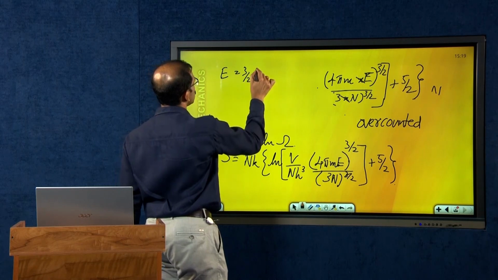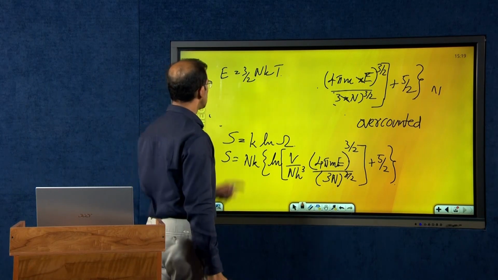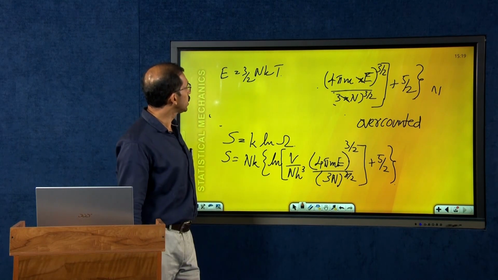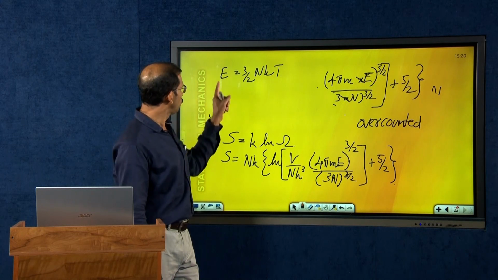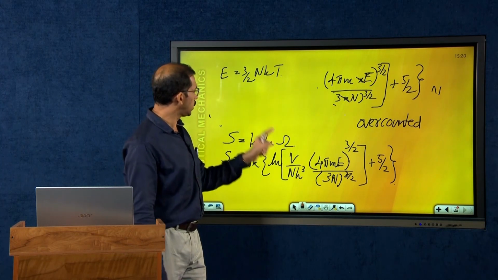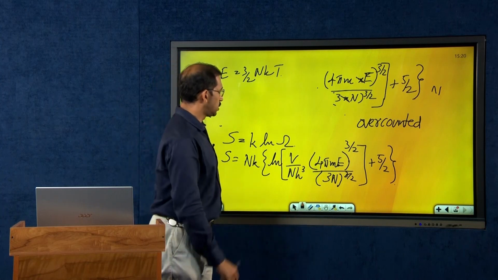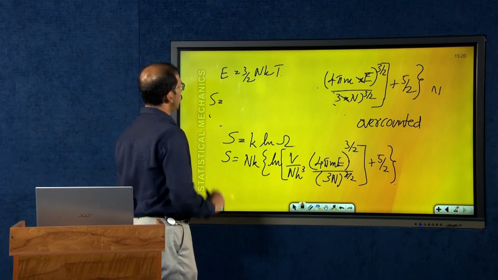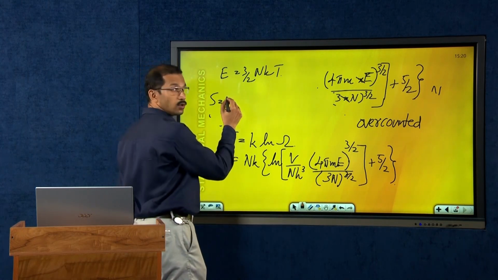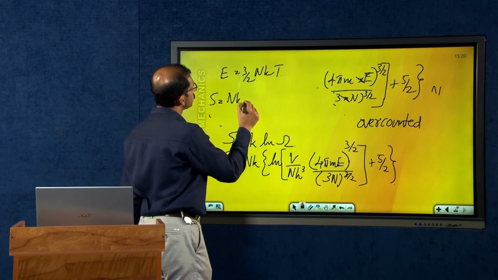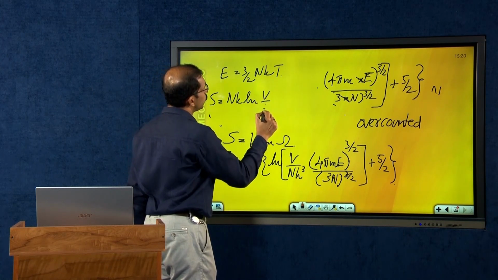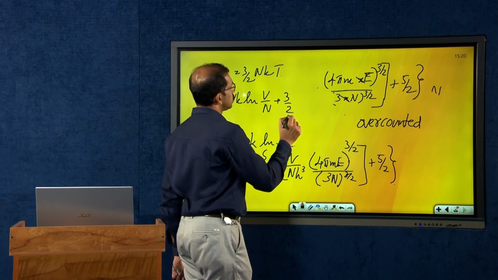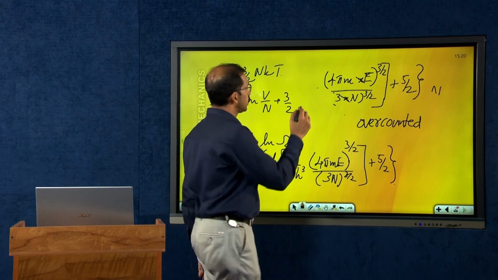E is equal to 3/2 NkT. So, this is the expression for energy which we straight away assume for any kind of ideal gas. So, if we substitute E is equal to 3/2 NkT into this expression, we will evaluate S should be equal to Nk ln(V/N) plus 3/2 Nk